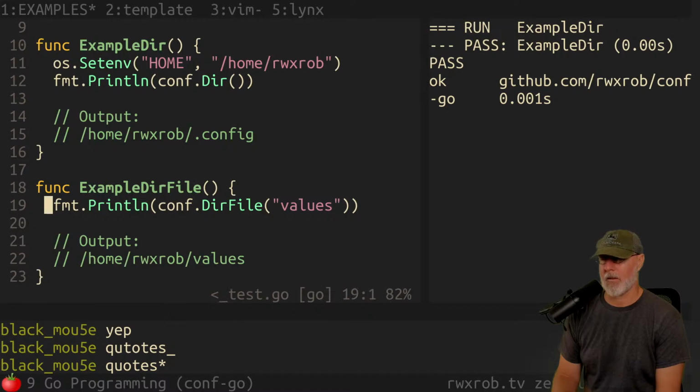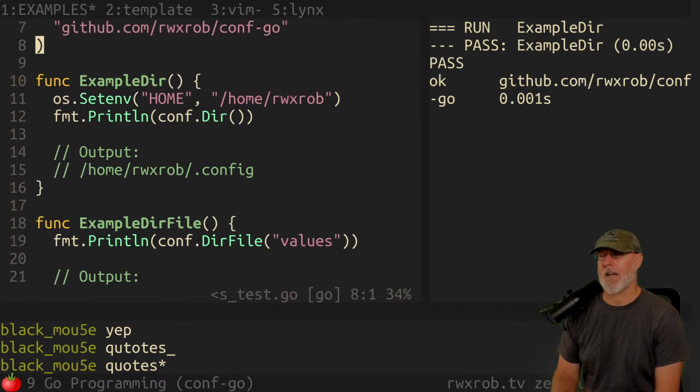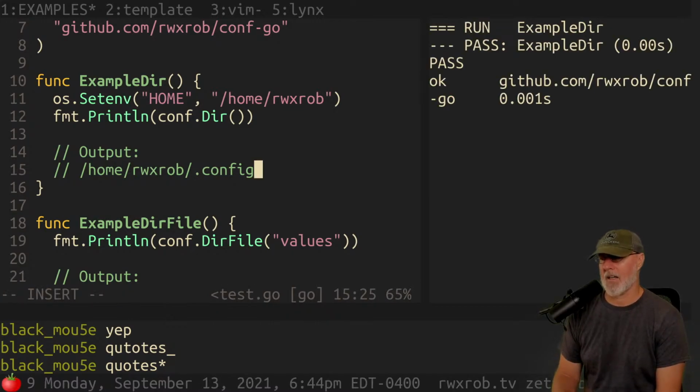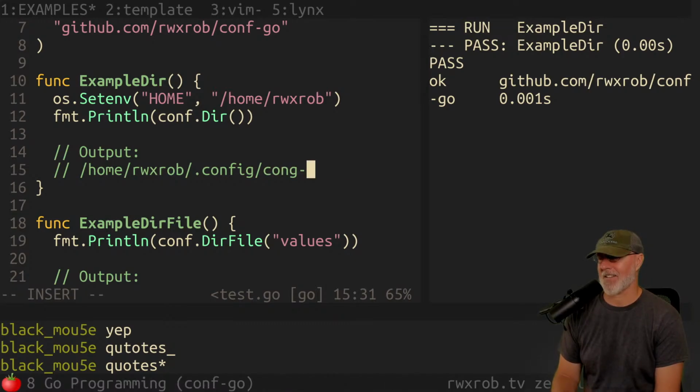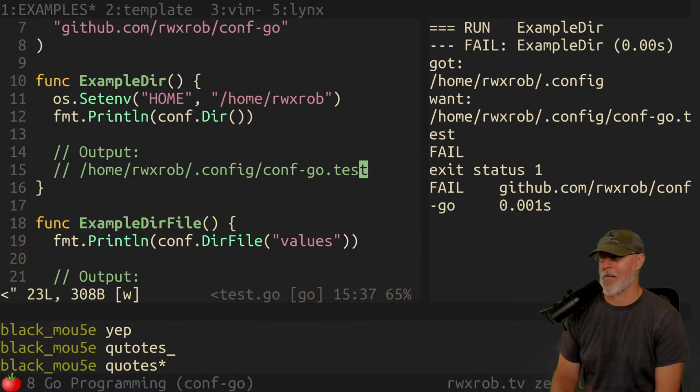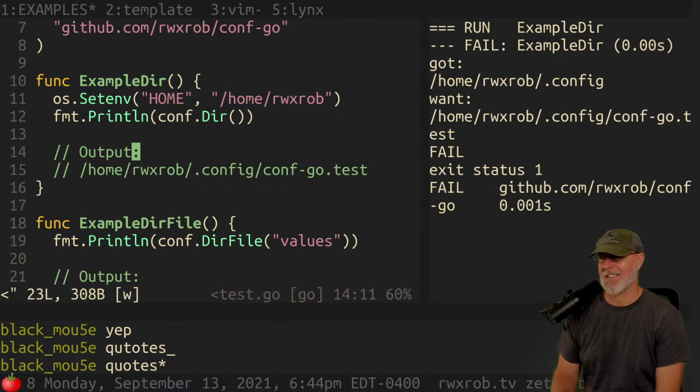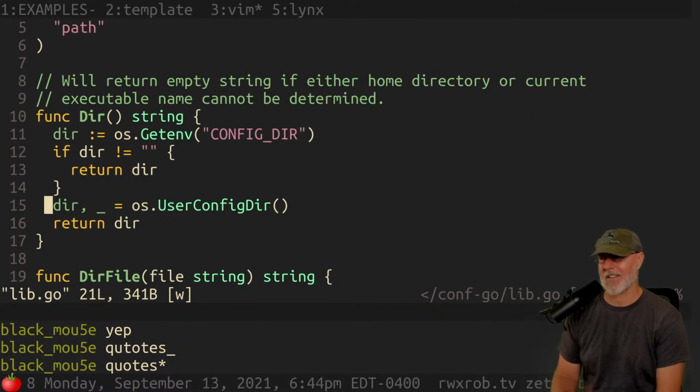And then what? We want to add the exe onto the end of this. Yeah, I forgot about that. We want to add the exe onto the end. So we want to have slash and then the name of the file. It's going to be conf dash. It's going to work though. I'm kind of happy about this because that's the executable. You see what I'm saying? Look, we forgot about that.